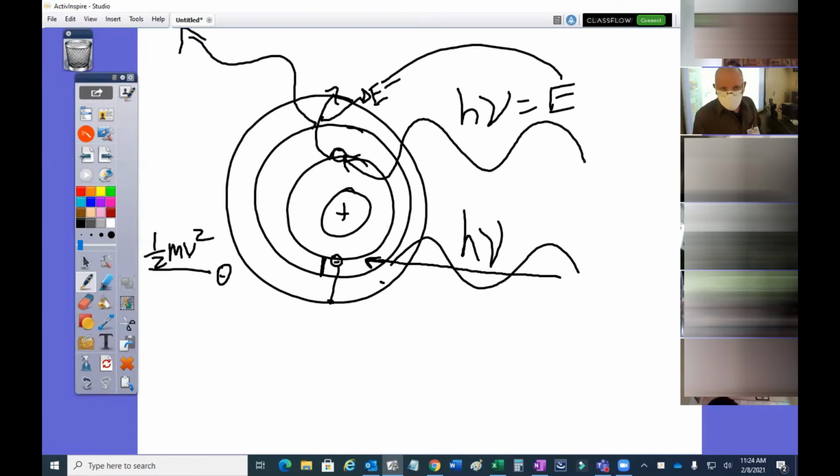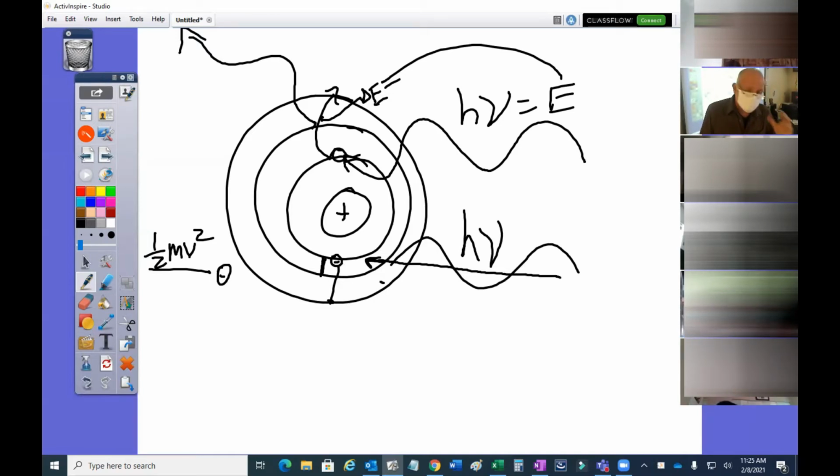And there would be no energy imparted to the atom. It gained and lost, gained and lost, gained and lost, and just keeps doing that. There is a situation, however, where it absorbs the energy. Now listen to this. It could absorb the energy, get promoted up, emit a portion of that energy,